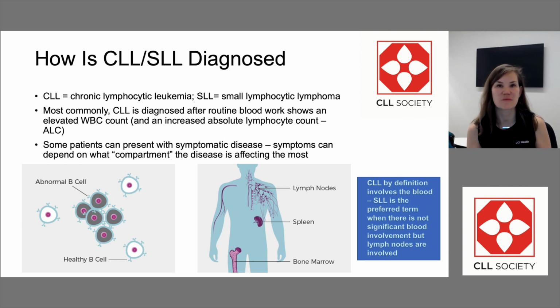Tiredness is also a symptom that CLL can create. That's a tough one too, because there are a lot of other causes of tiredness, and so I think it's important to exclude other causes. And then lastly, unintentional weight loss can be a symptom of the disease. But again, most people are asymptomatic at time of diagnosis, though there's always a wide spectrum in what brings patients